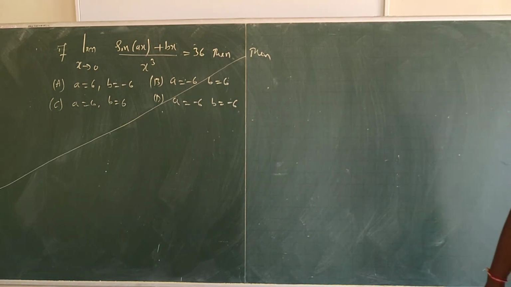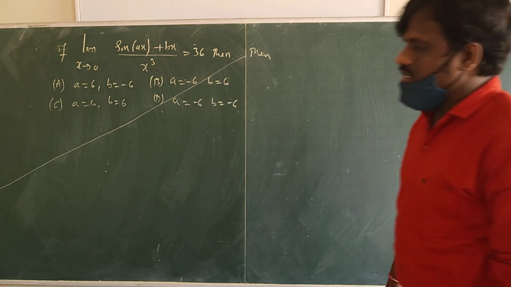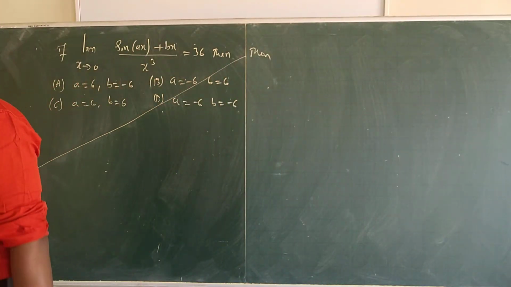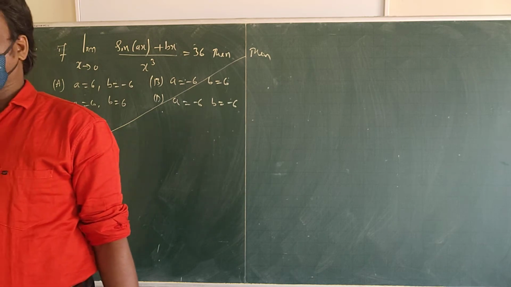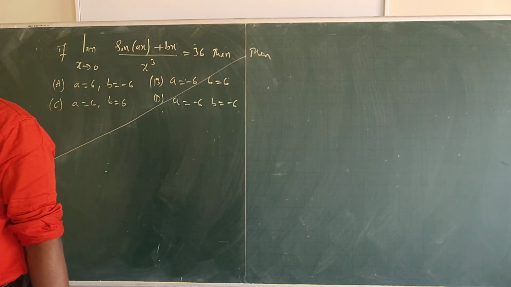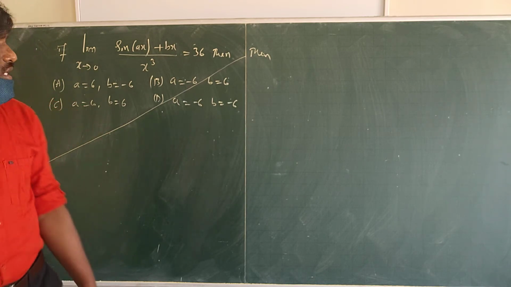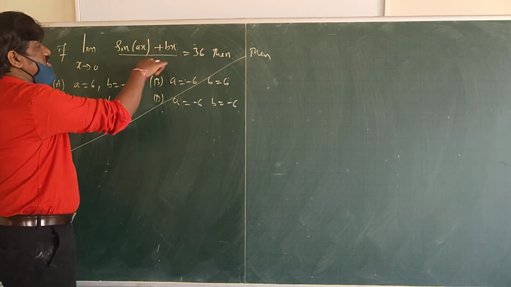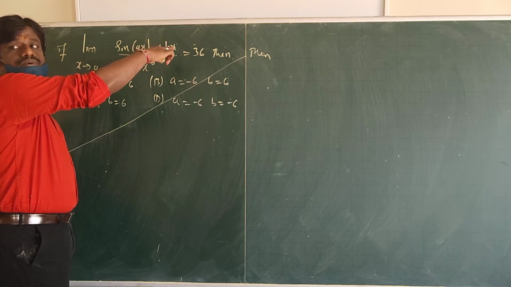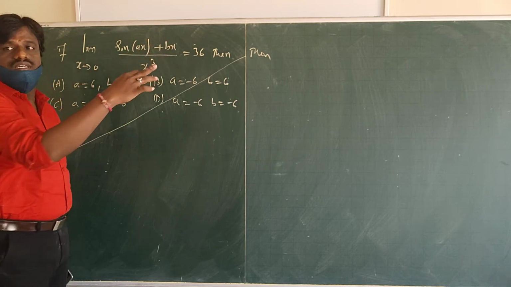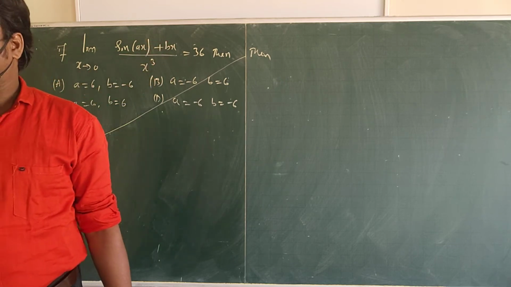See here, limit x tends to 0, (sin ax plus bx) upon x cube is equal to 36, then a is equal to dash, b is equal to dash. So to do this question, at least you should know Taylor series. I have already explained Taylor series, in which I expanded sin x, exponential and logarithm functions. You divide by x cube when you have situations like these, I explained. If log is there, sin is there, e power x is there, x cube denominator is there, something is there. I told you these sums.